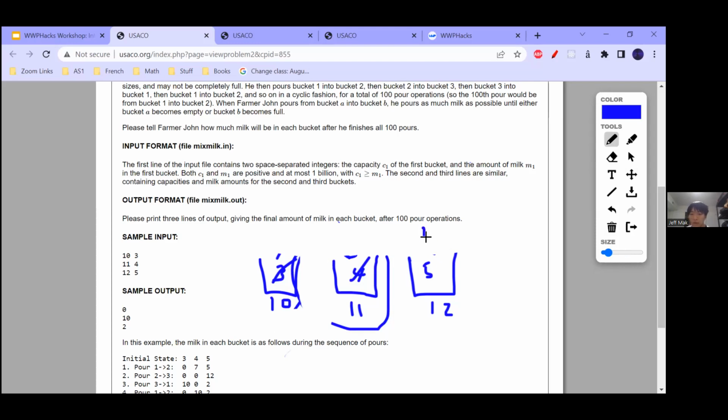Now we have 12 in here. So the bucket is full, and everything else has 0. Now you're trying to put this into here. So we have 12 milk over here, and C minus 0 is 10. The minimum amount is 10, and then you subtract 10 from here and you get 2, and then now it'll be 10, 0, 2, and then you just continue this operation 100 times.